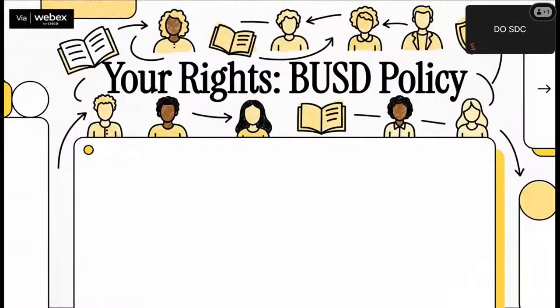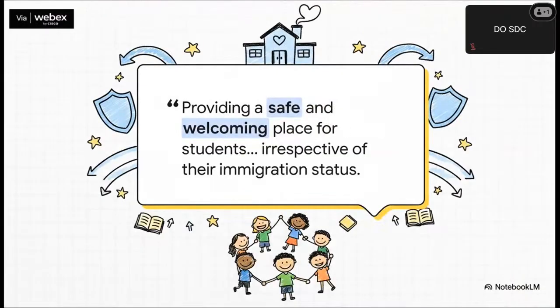Super clear, so every student, parent, and staff member knows what their rights and protections are. So let's get into it. Right from the very beginning, the policy lays down this powerful statement. And look, this isn't just some fluffy intro language, it's the bedrock for everything else that follows. It's making one thing crystal clear. Schools are safe zones for learning, period. This commitment to being a welcoming place, no matter someone's immigration status, really drives every other rule in the policy.